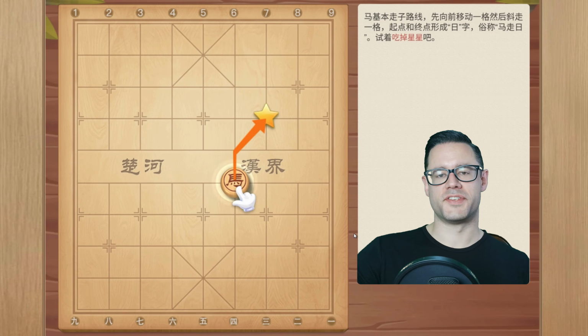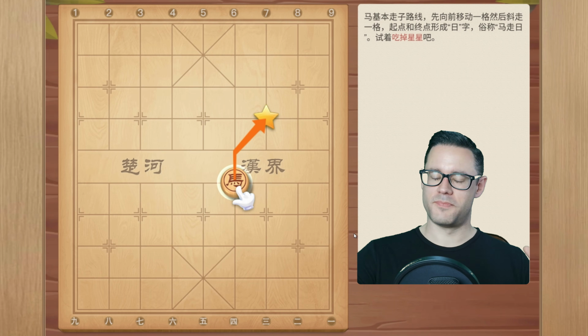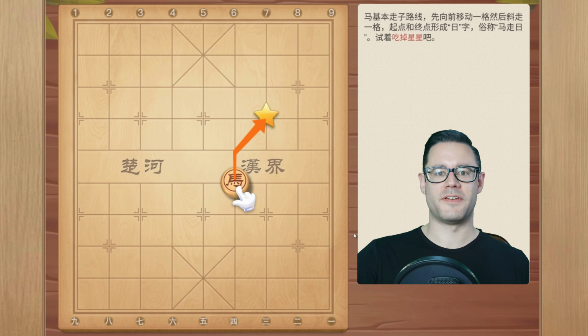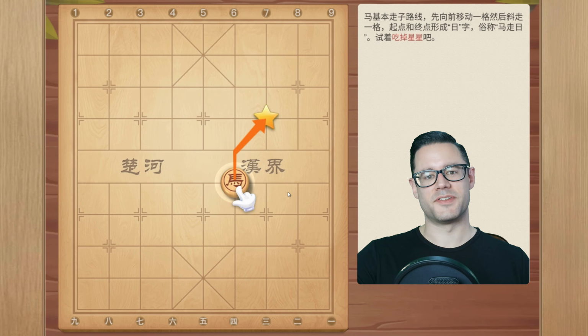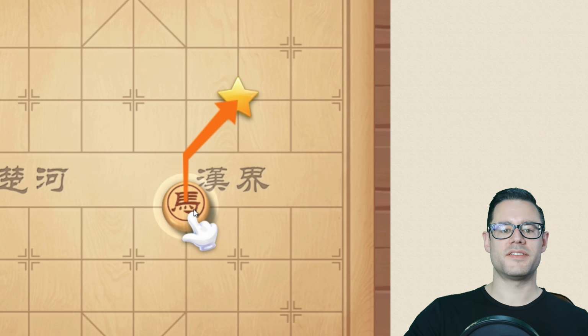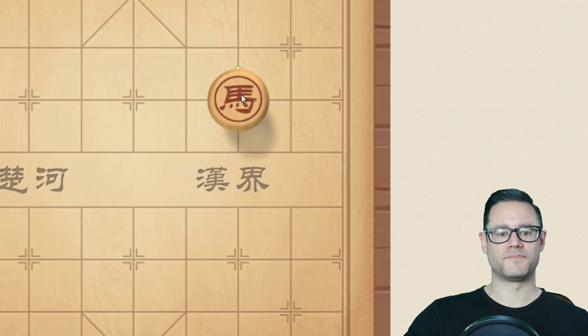Now let's look at how horses move. And horses are very similar to the knight in Western chess. I like to call it the horse, partially because that's the official term used in the World Xiangqi Federation documents, but also because it points out that there is a slight difference between horses in Xiangqi and knights in Western chess. So a horse moves very similarly to a knight in Western chess. It moves 1 space orthogonal and 1 space diagonal, so making this kind of 45-degree angle move.